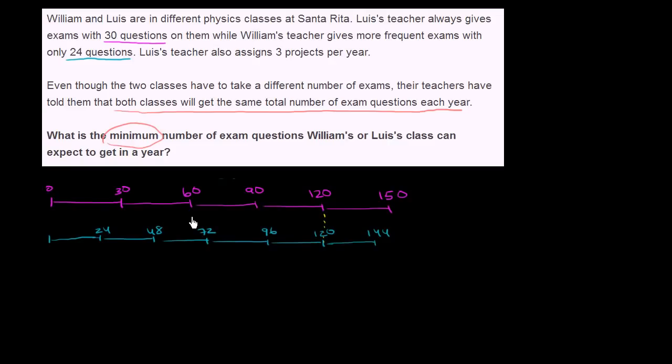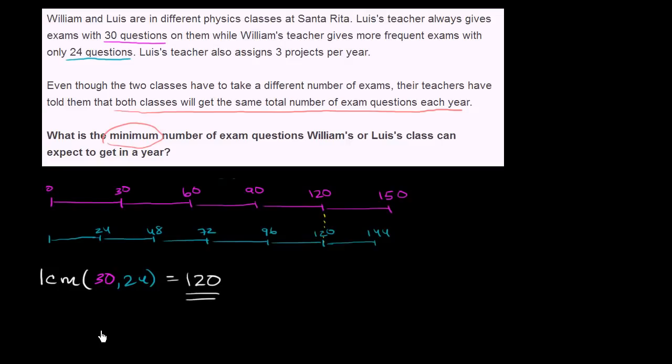And notice, they had a different number of exams. Luis had 1, 2, 3, 4 exams, while William would have 1, 2, 3, 4, 5 exams. But that gets them both to 120 total questions. Now, thinking of it in terms of the least common multiple notation we've seen before, this is really asking us, what is the least common multiple of 30 and 24, and that least common multiple is equal to